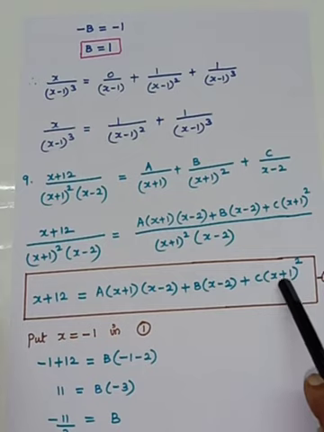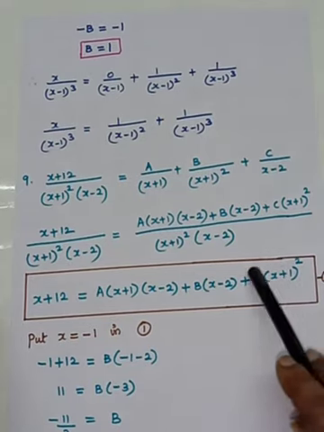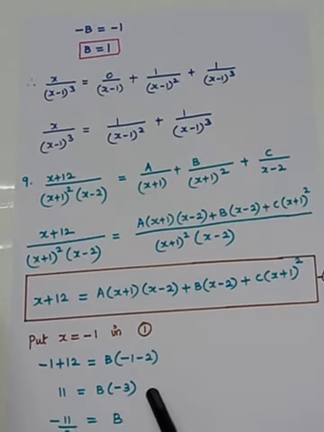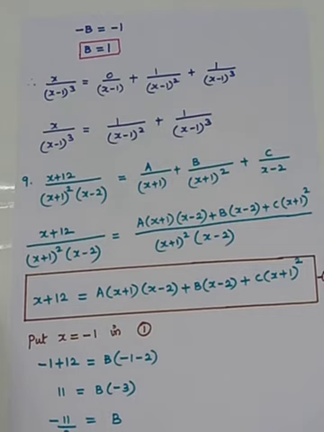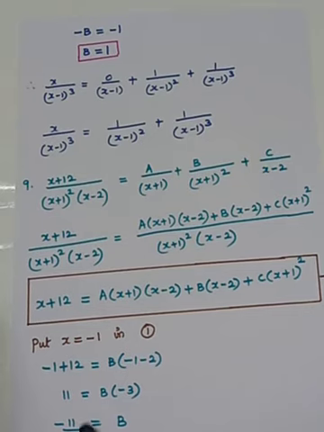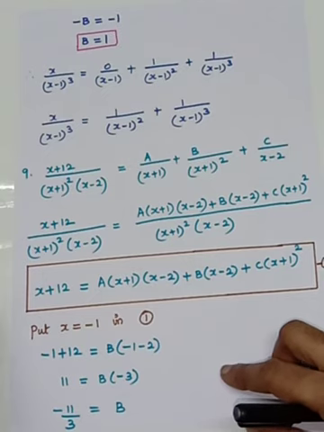Come to this term, x as minus 1. So minus 1, if you substitute, this term will become 0. So the b value is 11 is equal to b into minus 3. Okay, b and minus 3, how are they? They are in the product. They are not in the subtraction, they are in the product. So b value is nothing but minus 11 by 3. So product. So when you go to the next side, it will come in the denominator.